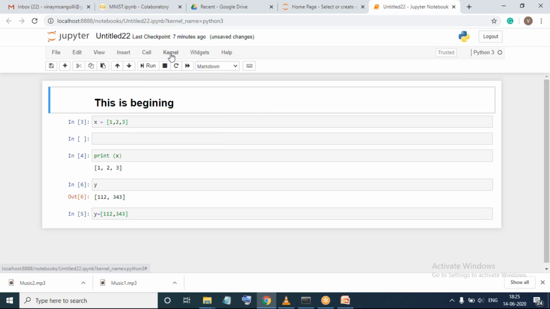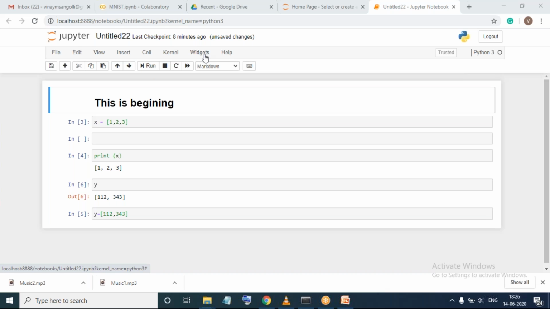Now, besides that, you have something called the kernel. Now, kernel is very important because you might have heard about kernel even in your operating system. So the kernel here is also very similar. It is a computational engine that will execute the code in a notebook format. Right now, the kernel which we are using is IPython, that is the Python kernel. We can shift to any other kernel, for example, I can also shift to my R programming kernel, or I can change the version of the kernel. For example, I can use Python 3 or Python 2.8, something like that. Even that could be done with the help of the kernel.